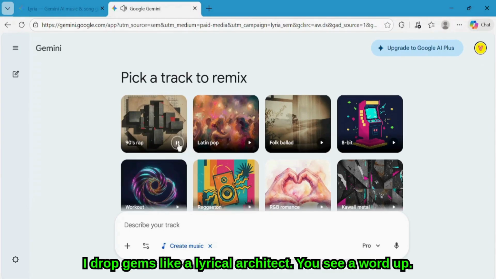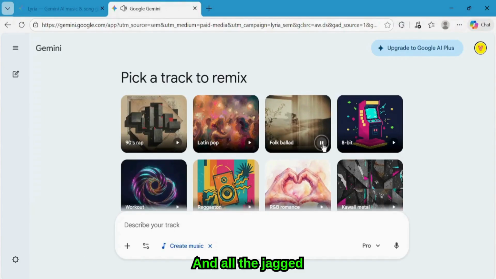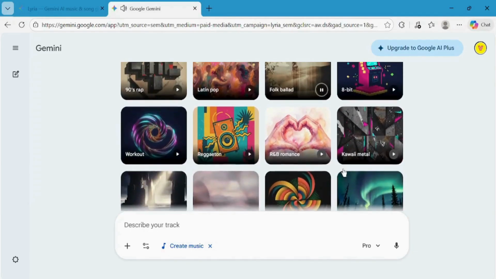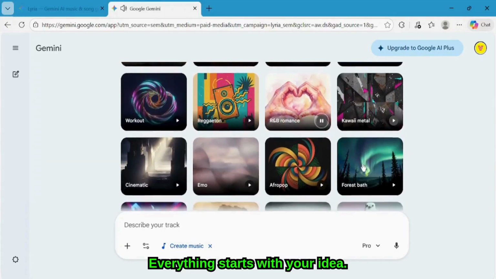I drop gems like a lyrical architect and seal word up. Got a mental Rolodex that only the realists connect with. And all the jagged parts I own are just the